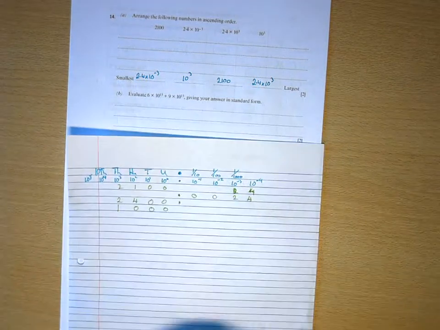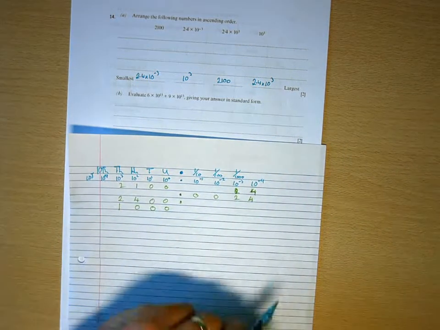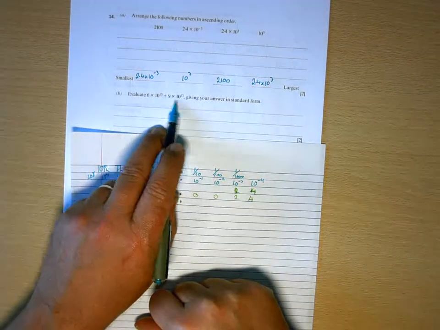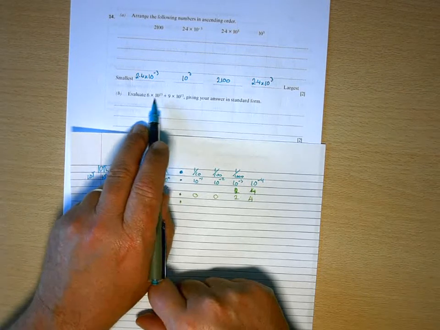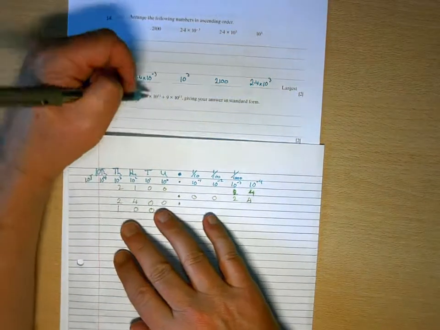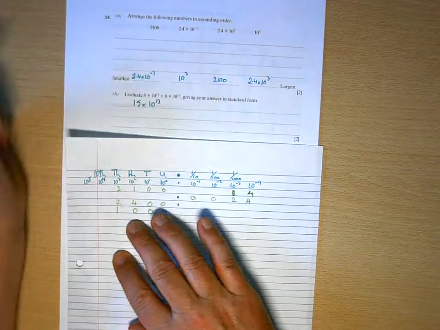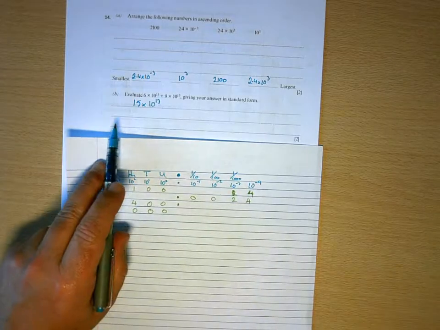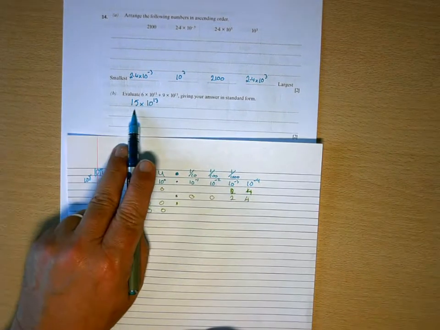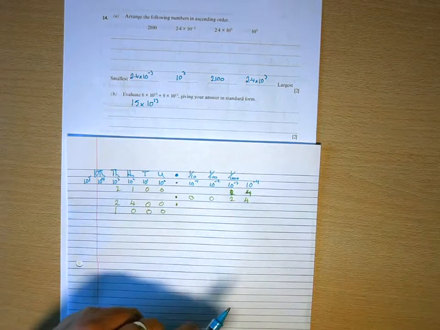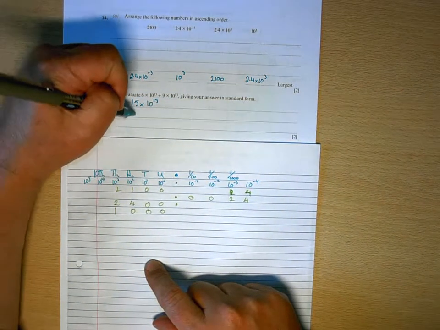Evaluate 6 times 10 to the 13 plus 9 times 10 to the 13. Well, they're to the same power, so we can just add them together to get 15 times 10 to the 13. Now that's not in standard form, because this number has to be between 1 and 10. So to put that into standard form, it's going to be 1.5,